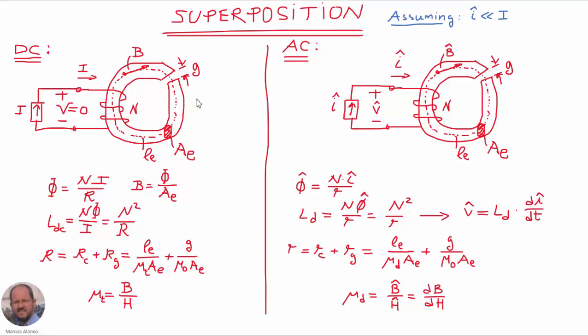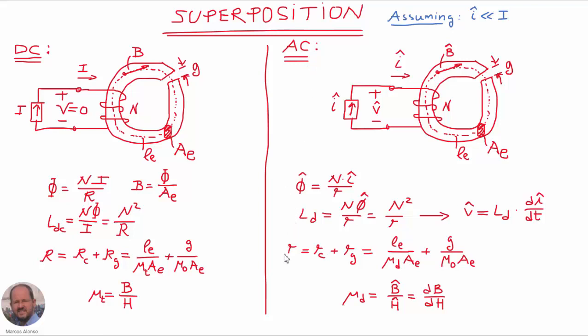In this way, we can analyze on one hand the DC behavior of our inductor, and then we have all these equations in order to calculate the DC level of the flux and the DC value of the inductance. In this case, we need to use the total permeability in order to calculate the value of the different reluctances. On the other hand, we have the AC component of our DC inductor, and for this we can use